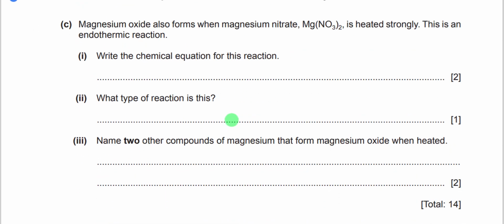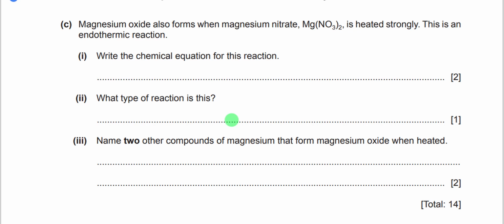Now, magnesium oxide also forms when magnesium nitrate is heated strongly. This is an endothermic reaction. Yes, because in decomposition, heat is absorbed. It is absorbed to break the compound. Now write the chemical equation for this reaction. Remember, all nitrates undergo